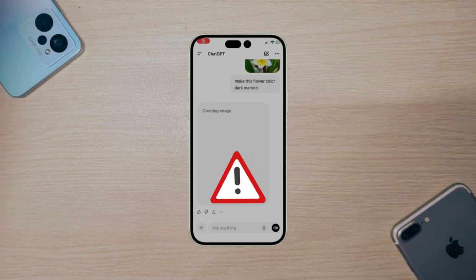Is your ChatGPT app stuck on the loading screen? Don't worry, you are not alone, and the fix is easier than you think. In this video, I will show you a simple, step-by-step solution to get your ChatGPT app working again on your